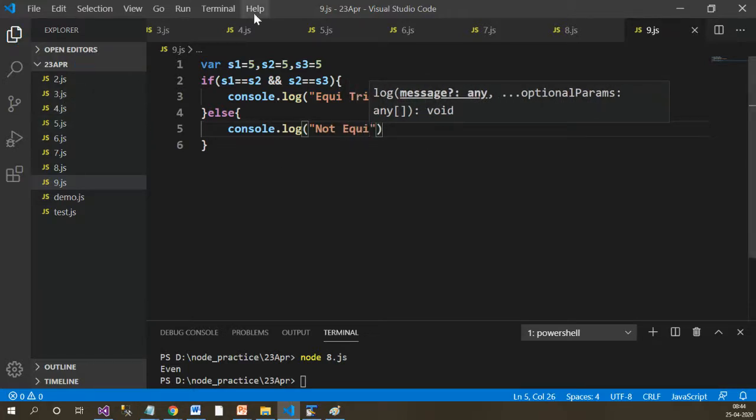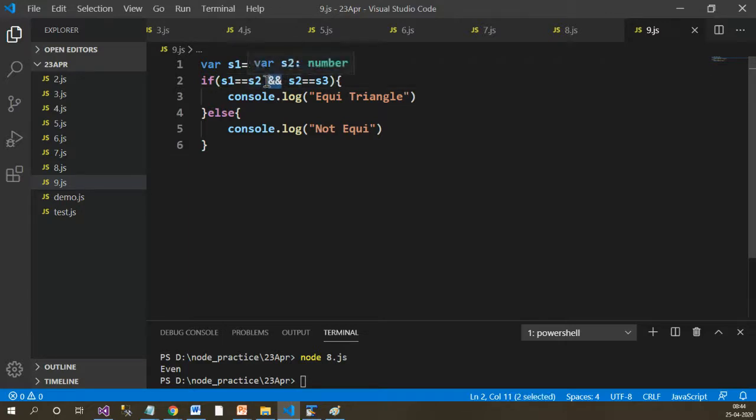So what we have done here is we have used the logical operator AND. It is similar to the traditional C programming language. Logical AND is available, logical OR is available, logical NOT is available. The other operators like less than, greater than, less than equal to, greater than equal to, not equal to are also available as it is.